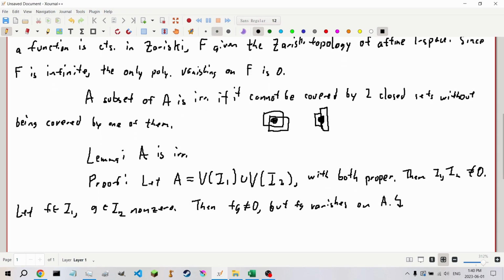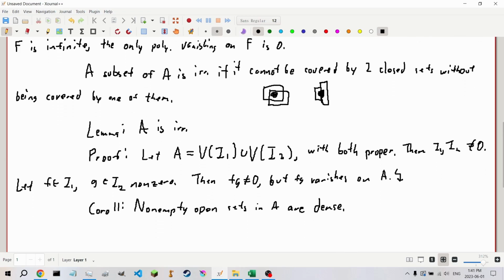And this comes with a corollary. So you set non-empty open sets in A are dense. So every open set in A, I believe, intersects it. The proof: